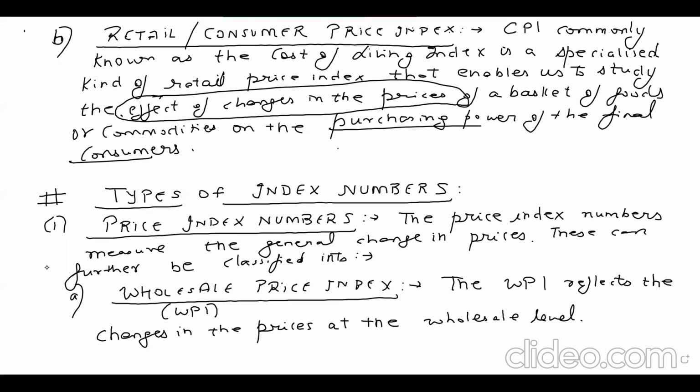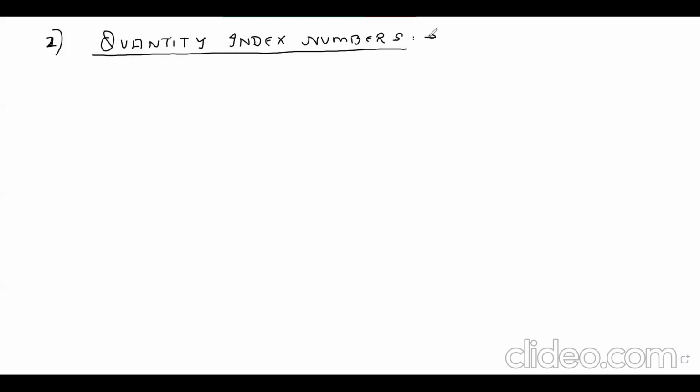If I erase all this off, let's now look at the second type of index number. The first one was price index. Second one is quantity index numbers. Within price index, we had done wholesale and retail. For the second point, this is quantity index numbers. So students can write that quantity index numbers